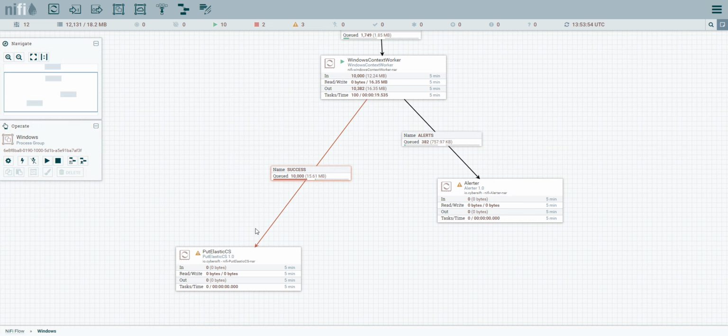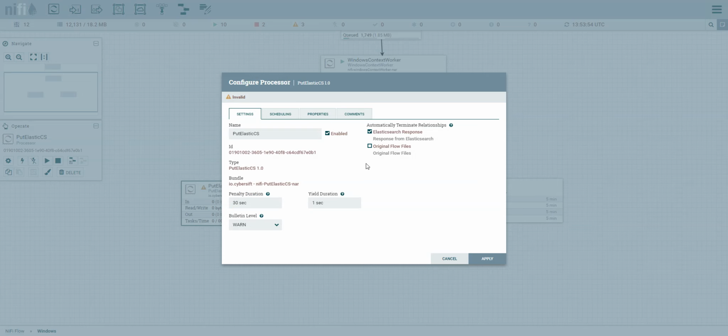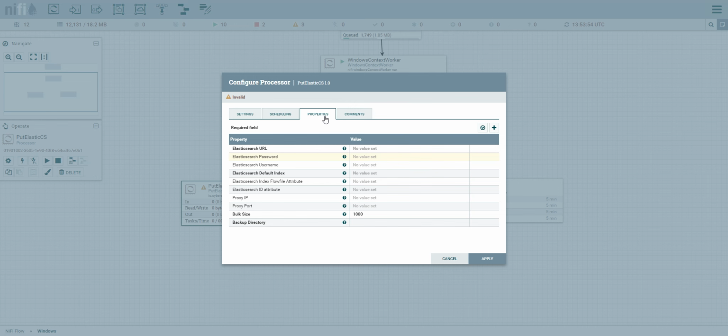We can delete this because we don't need it. And we need to configure this. Let's terminate all the relationships. I want this one to be the last one. Now,